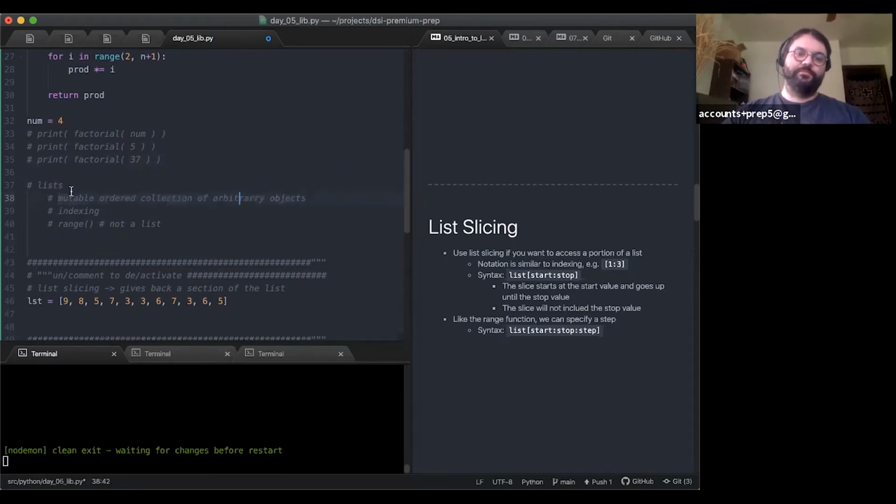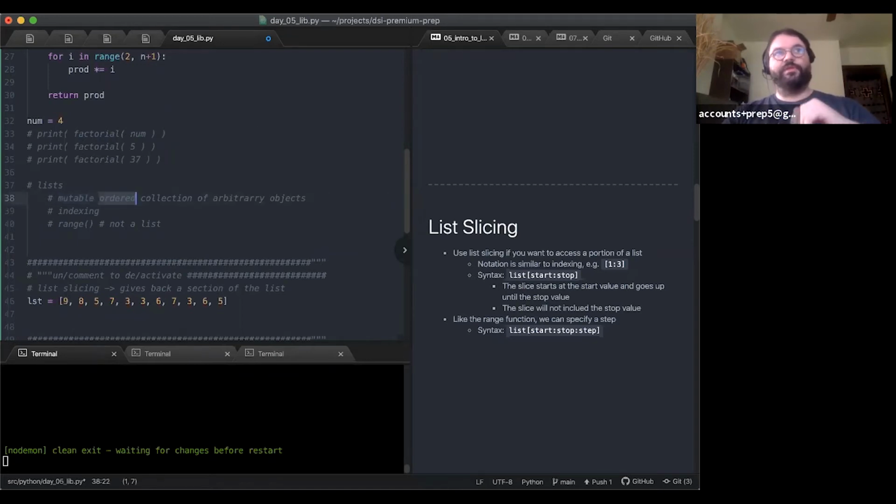Mutable means that we have different tools built into the list class that allow us to add things and remove things and move things around. There are various ways of altering the values of a list. So that's what mutable means.